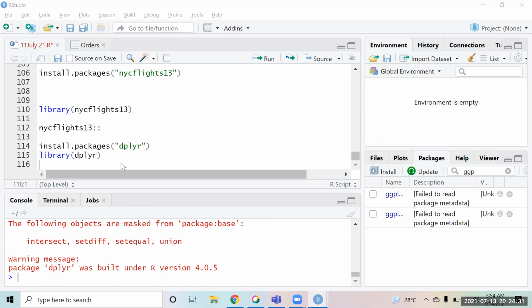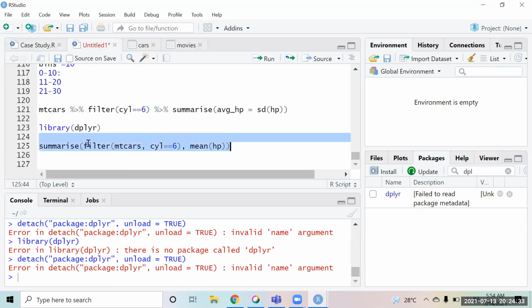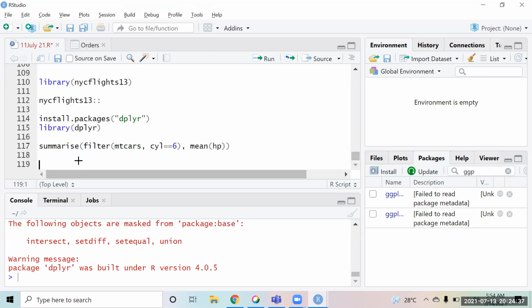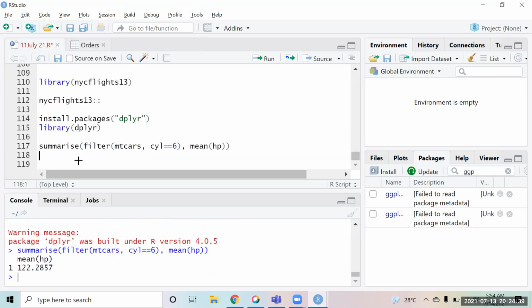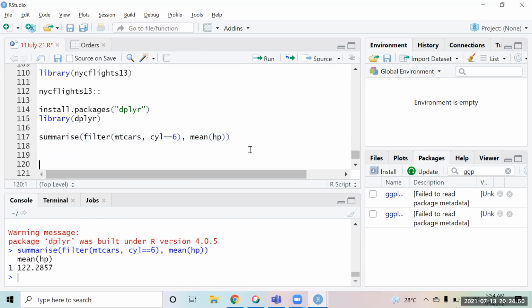So what I was showing you was this, right? If we write this function normally, we would write it this way and get an answer. So this could be a little complex for a person to understand. If you want to make it easy to write and easy to comprehend, we use pipe. So we simply say I have a data set mtcars. What is the next step that I want to do?